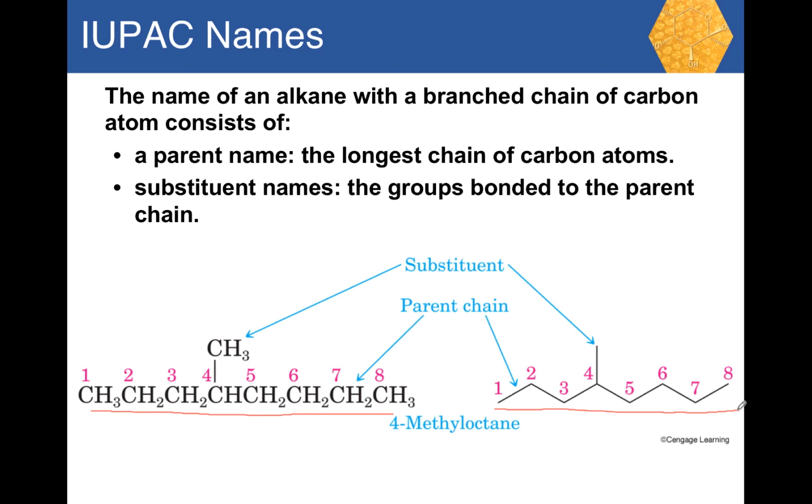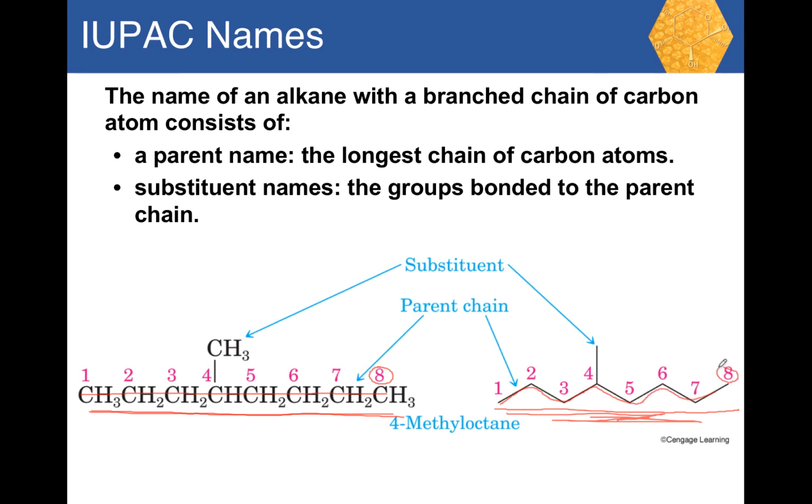I'm hoping that you can visualize this by just looking at this line angle structure over here. So let's look at this. We have the longest chain, which is right here, 8 carbons. Or if you look at the line angle, the longest chain is right here,